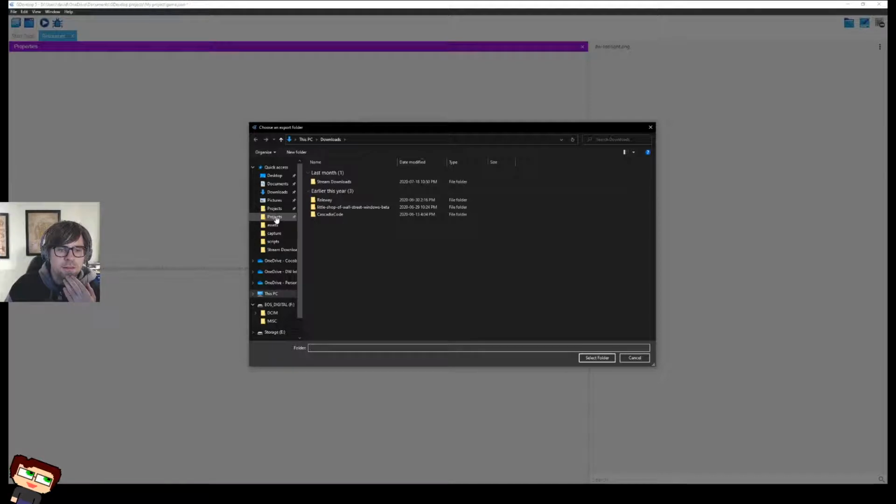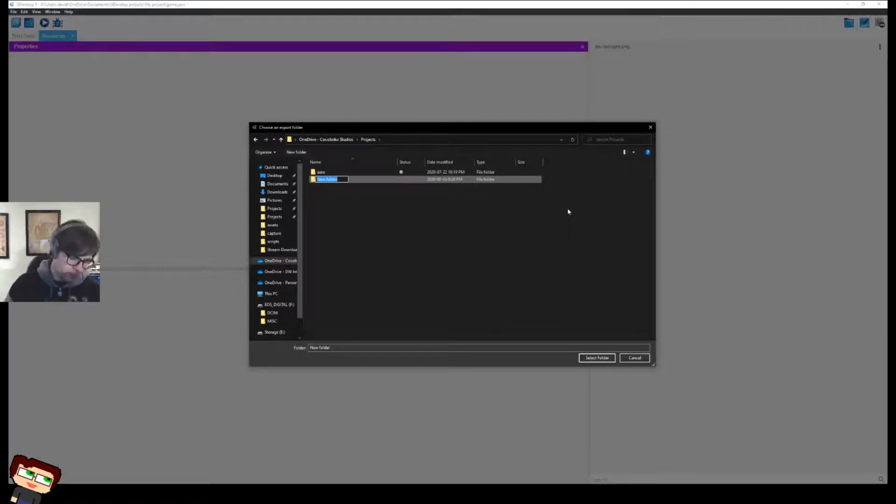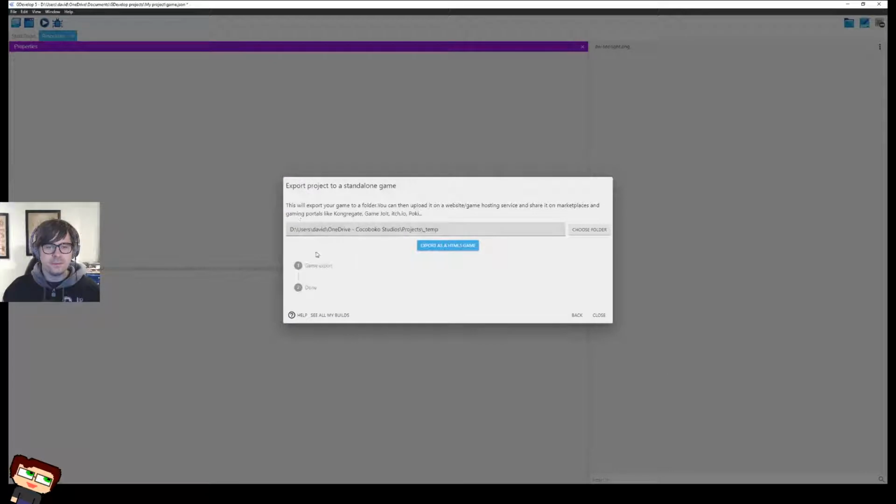Where do I want to do? Oh, I broke that one. That's cool. Let's go to projects, new folder. We're gonna do temp. Oh wait, I gotta do the thing that I do with temp folders on Windows. You do temp, and you spell temp correctly, not TMP. TMP, I get it, you save keystrokes, but my heart can't do it unless I'm on a Linux box. That's a different story. But anyway, let's select this folder. Good. Export as that.